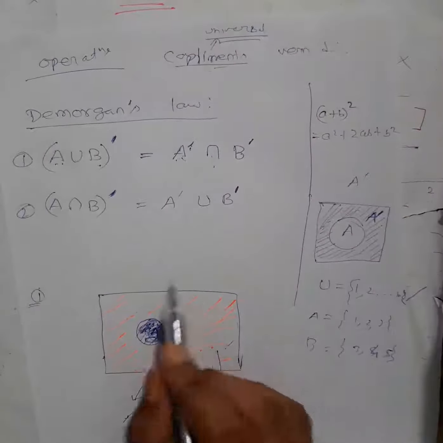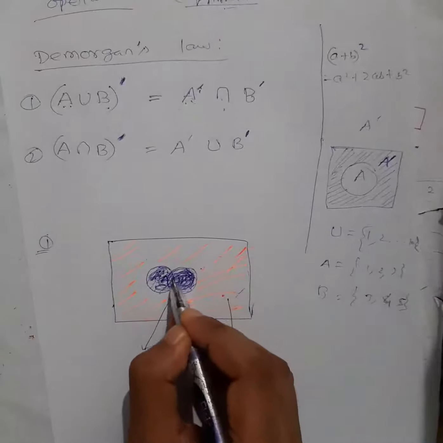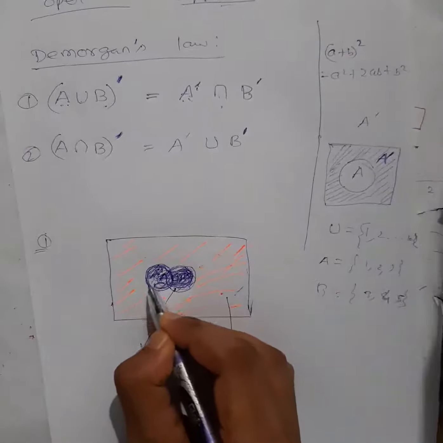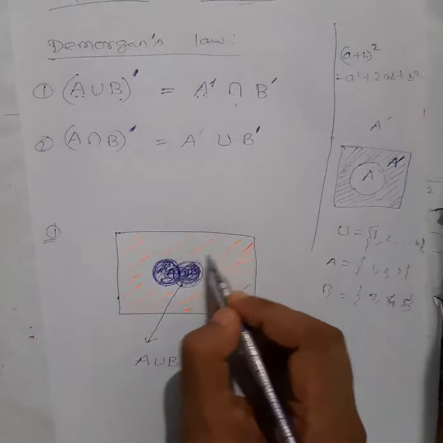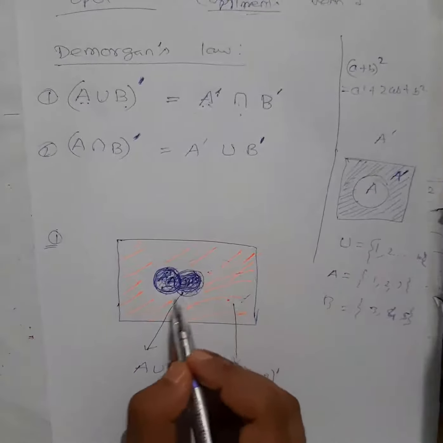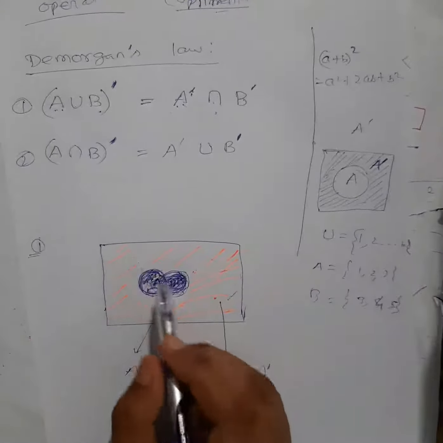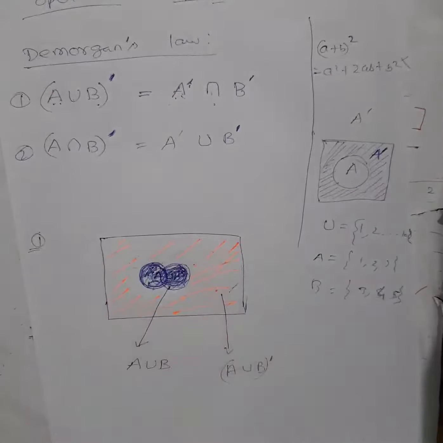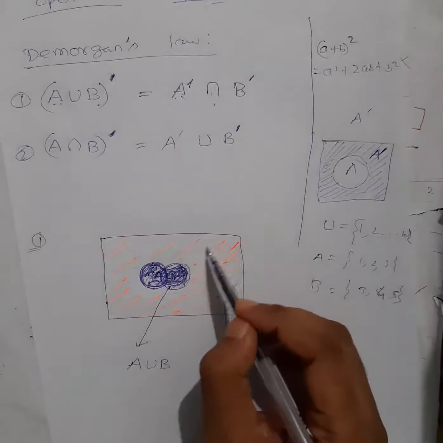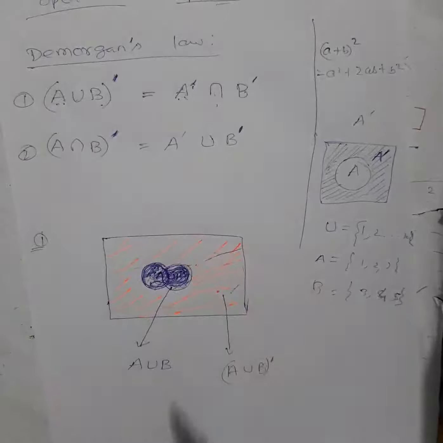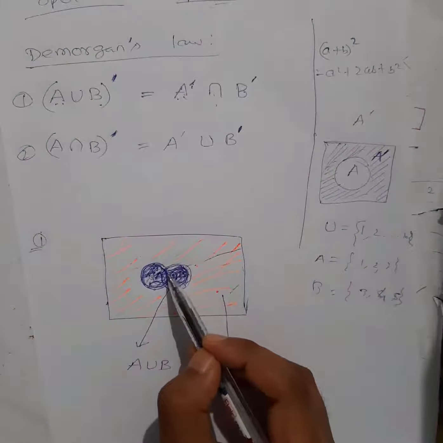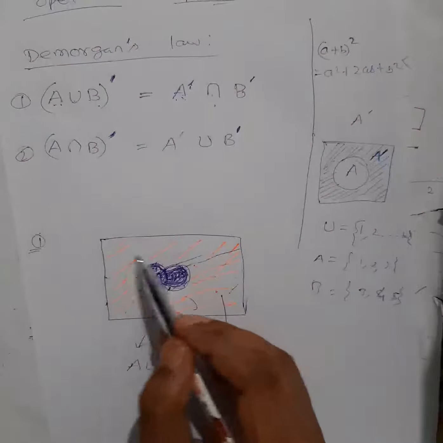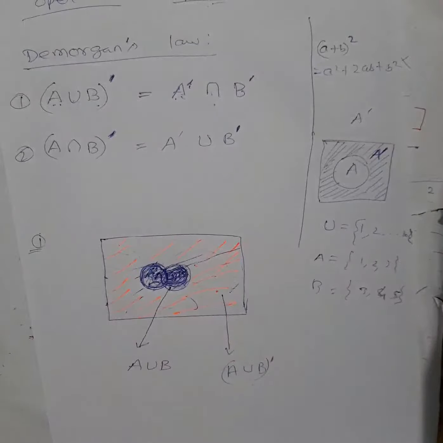So see carefully, what is your A complement? First of all, this is your A, right? So A complement will be which portion? This whole thing. Even B will come there. I think I have to draw with a different color pen, otherwise some students may not understand. A complement will be this whole thing. A complement means other than A, whatever is there in the universal set. So other than A, these are there. Even B will come there. That is your A complement. Now B complement will be which one?